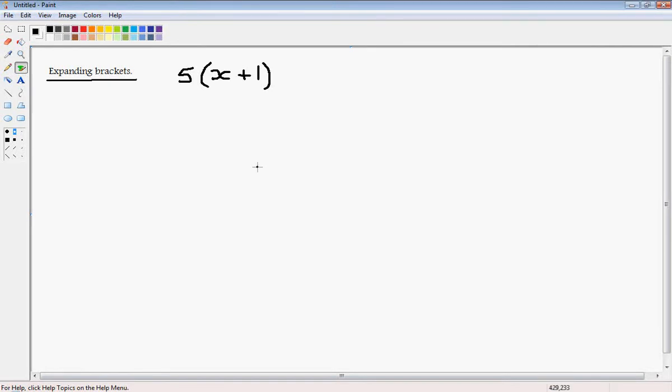Okay, so expanding brackets. This is another topic that people sometimes have problems with. Now, we know that between the number and the bracket is an implied multiplication. So what we're saying here is it's 5 times everything inside the bracket, not just 5 times the x, 5 times everything. So 5 times x, if we've got 5 lots of x, we have 5x. And 5 times 1, we know,